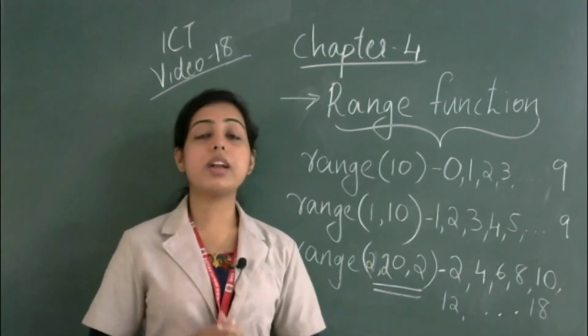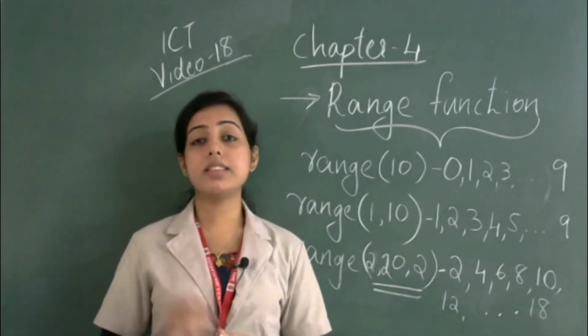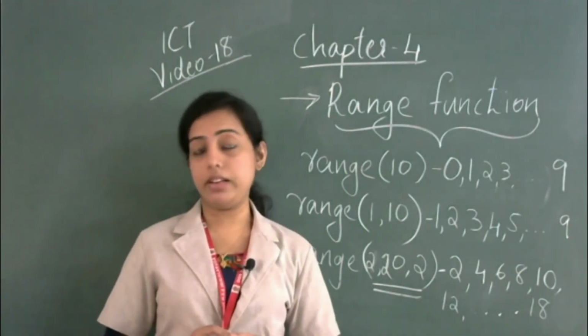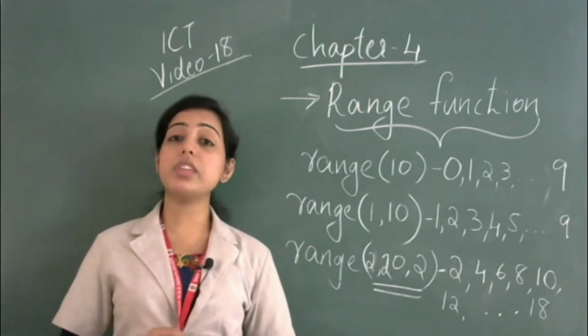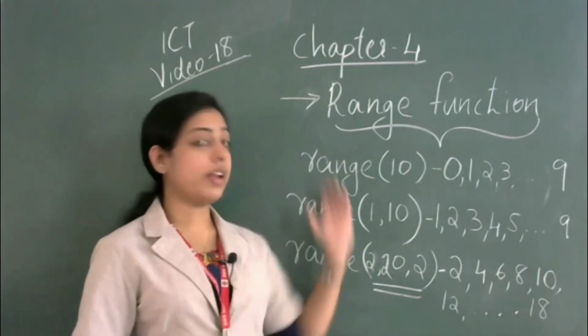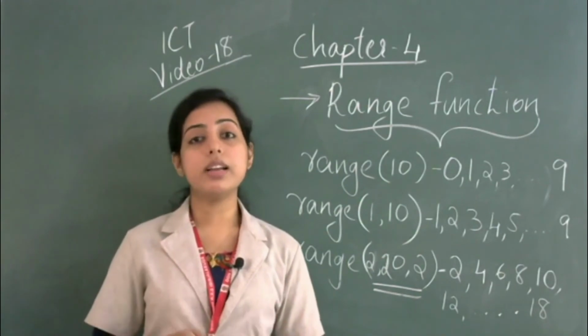Okay, so hope you all are clear about the different range functions. Study this. There is a homework question for you. Page number 47. Find the numbers using range instruction. There you can see a table of three different categories and the values will be different. So try to do that activity.